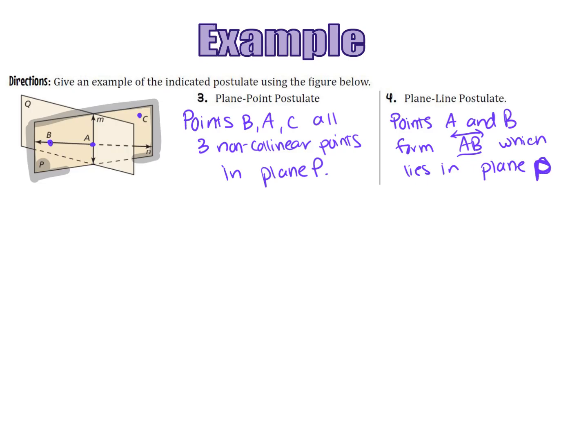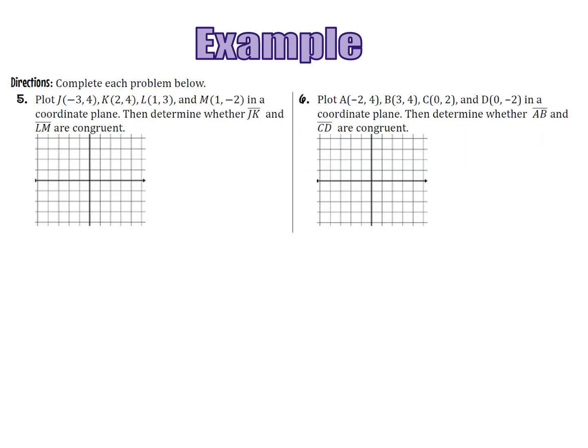All right, let's look at some different types of examples where we're using the postulates but in a more mathematical way. For these 2 examples, we're going to plot 2 segments, and then we're going to determine if the segments are congruent, meaning we're going to determine if the segments have the same length. Just as a reminder, when we are plotting points, we're given an x and a y value. The x value tells us left or right, so -3 tells us we're going to go to the left, 1, 2, 3, and